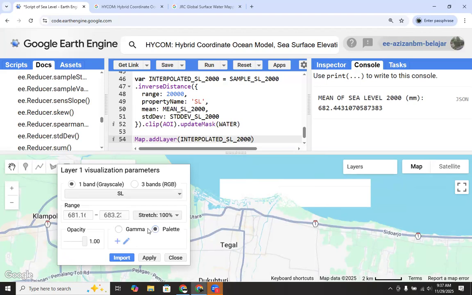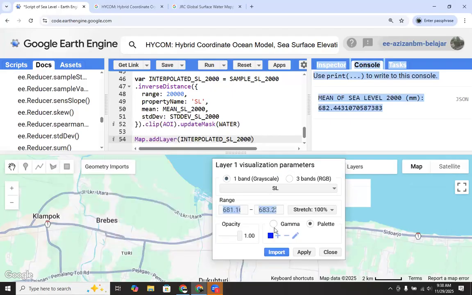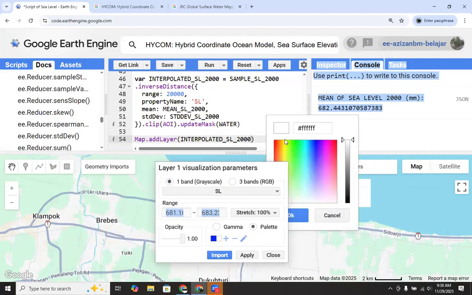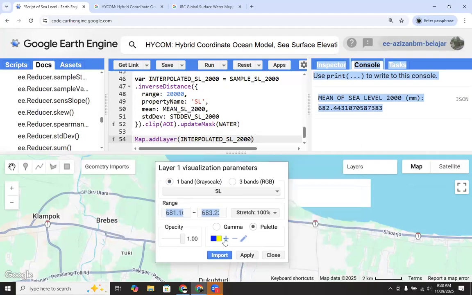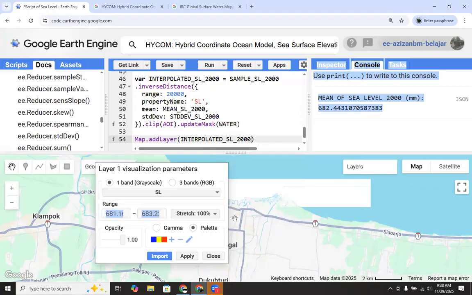We can use a gradually increasing sea level. Let's say the lowest is blue and the highest is red.